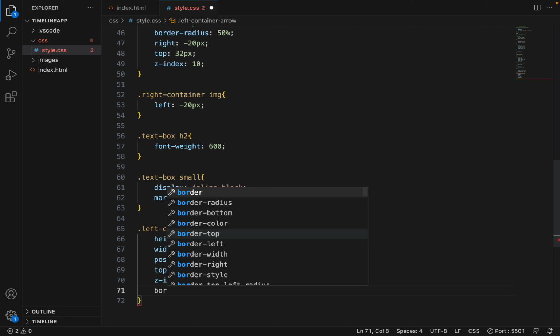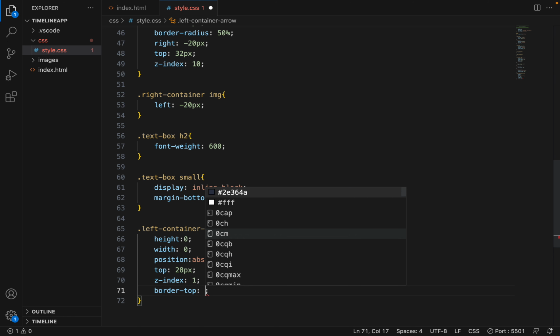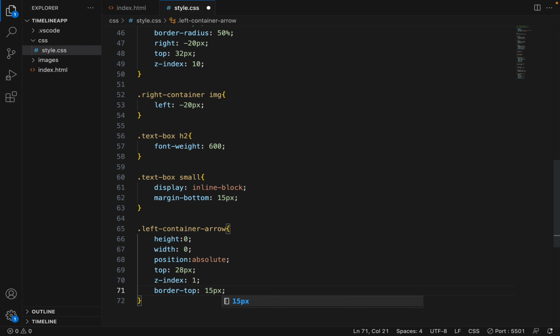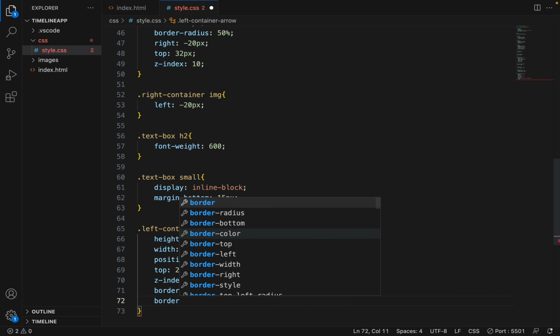Border, yeah, border top, we're going to go 15px, solid, and then transparent,